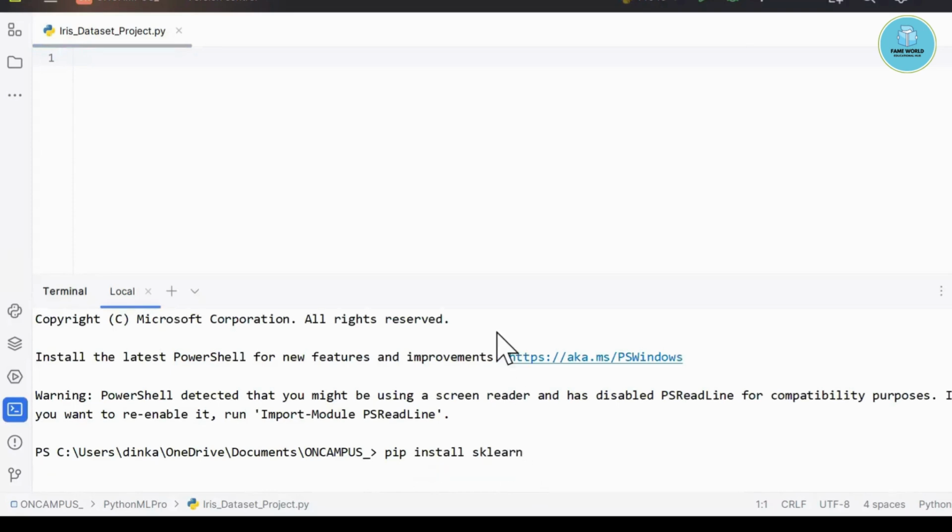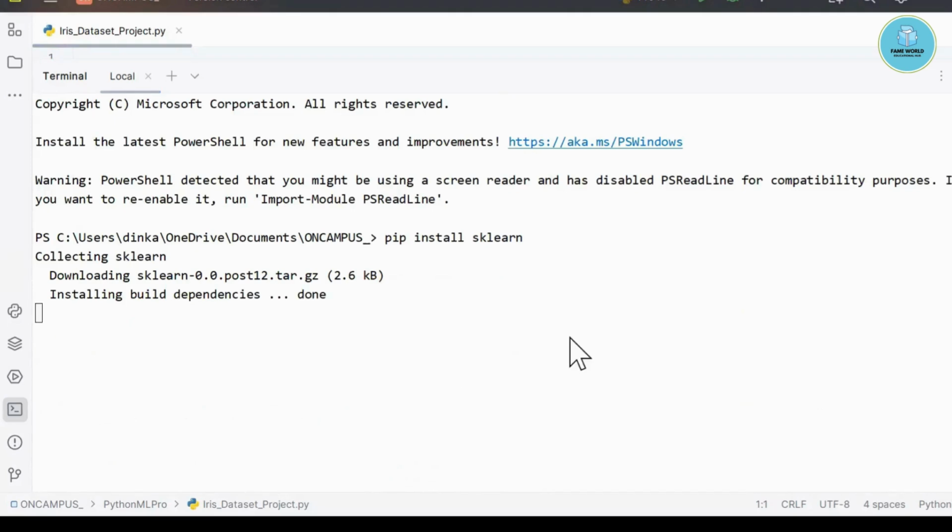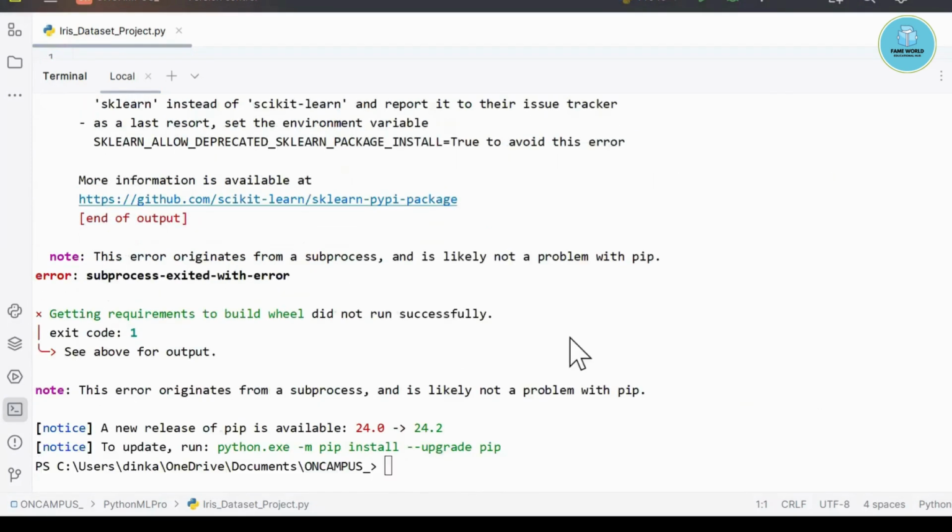It will be installed with the help of this command, pip, the Python package installer, and sklearn, that is scikit-learn. Installed, you can see. Okay, this is done. So we have installed this.